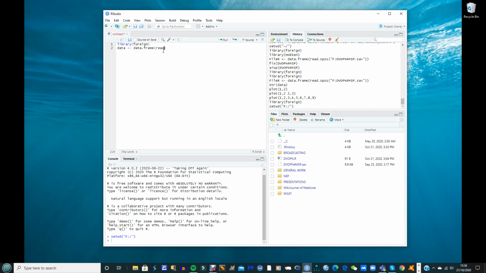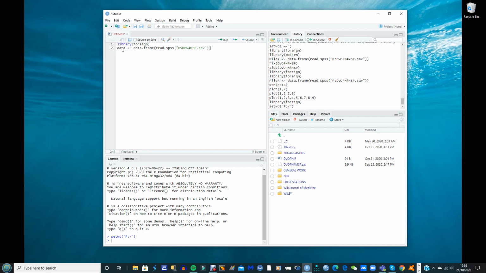And then I want to read an SPSS file, and I've got to tell it what the SPSS file is. Open brackets and open double quotes. It's dvopn for MSP, and it's .sav. I don't need to write anything else in there because it's all there. Let's just check it again.